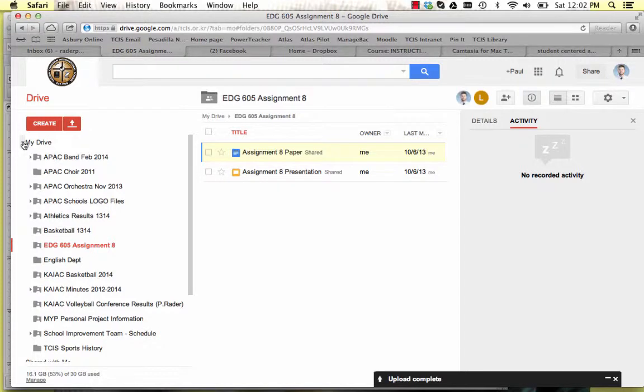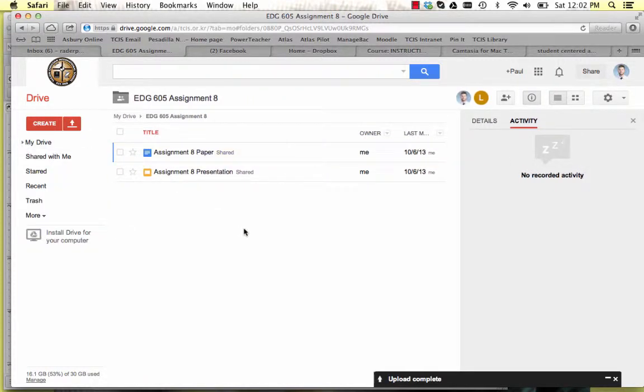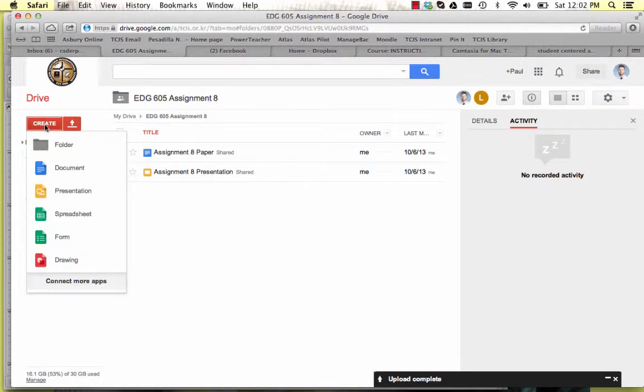Okay, another really cool thing that you can do with Google Doc app is you can do formative assignments or surveys. So you go over here to create, you can create brand new documents here. You don't have to upload stuff that's already been created. So you can do whatever you want. But if you create a form,